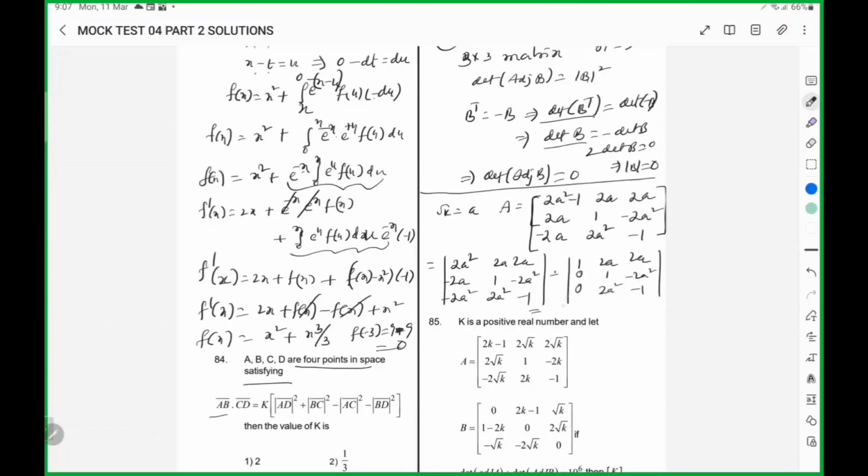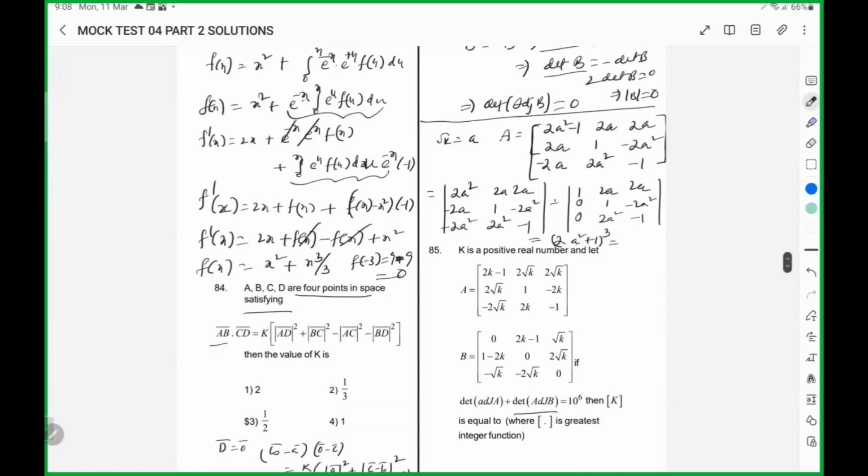So after all simplification, we get 2A square plus 1 whole cube, which is